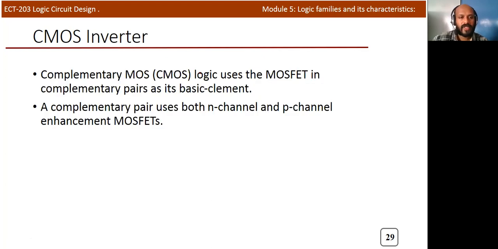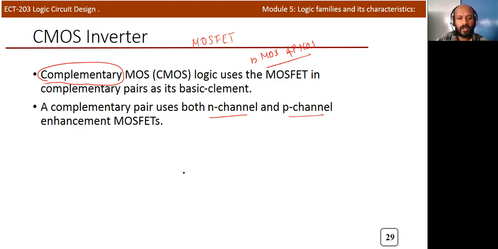Now we'll move to the circuit syllabus portion, that is the CMOS inverter. We need to discuss the CMOS inverter. In the previous lecture, we discussed the MOSFET, that is the metal oxide semiconductor field effect transistor. Now we are discussing complementary MOS. In complementary MOS, in a single circuit, we are using both logics, that is NMOS and PMOS. In a single circuit, we will use both NMOS and PMOS transistors, that contain an N channel and a P channel.